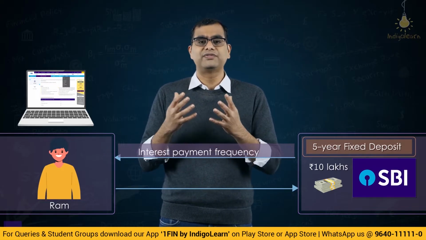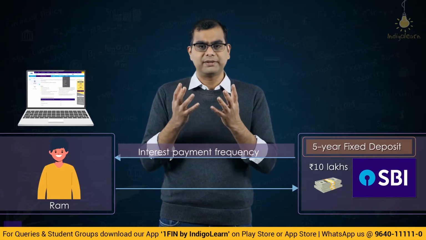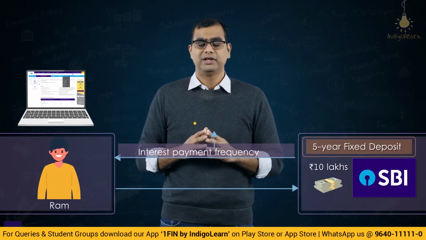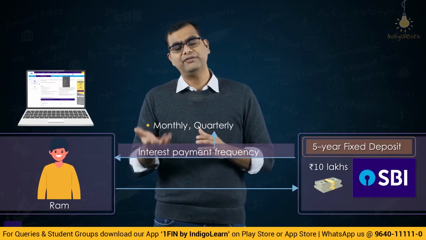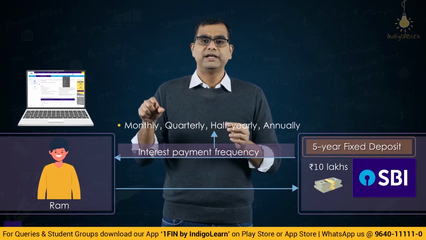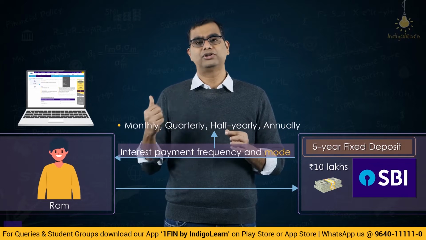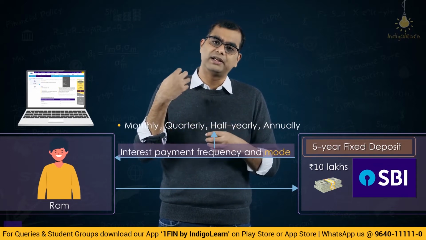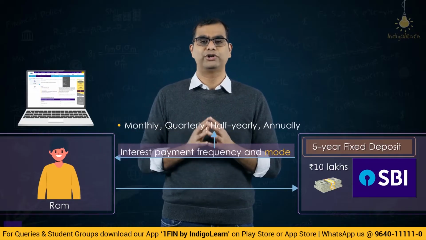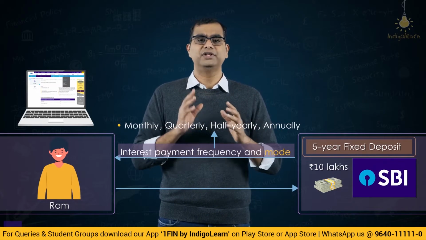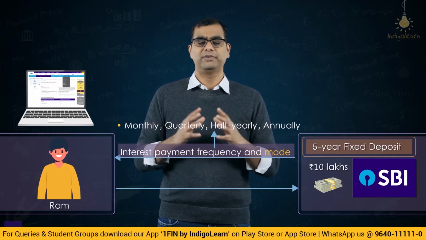Then they will also ask about the interest repayment frequency, the periodicity of interest, called the interest payment frequency. They will say we will give you monthly. They can give you quarterly, half yearly, or annually also. They will also ask whether you want cumulative or monthly payout. That is, they will either give the interest to you in your SB account, or add it to the deposit and make it a part of the deposit. You have to select that option.